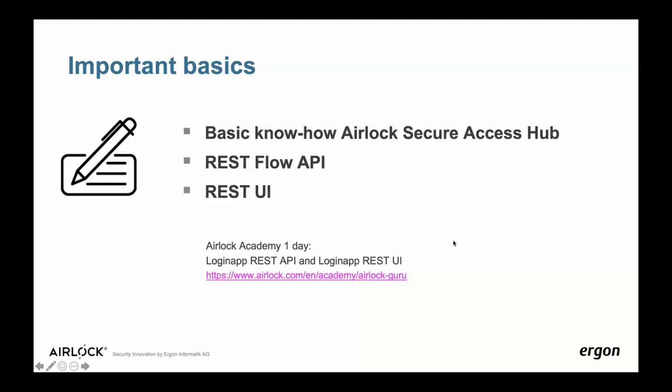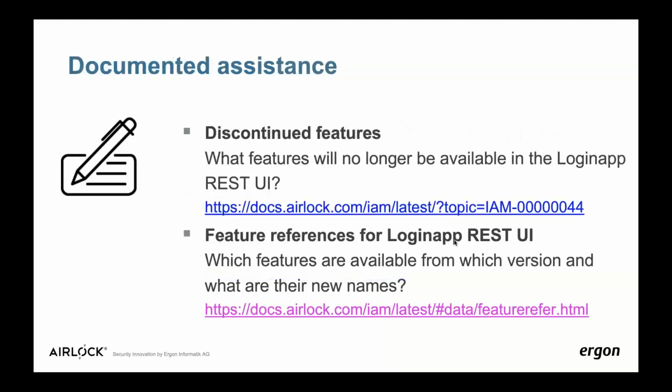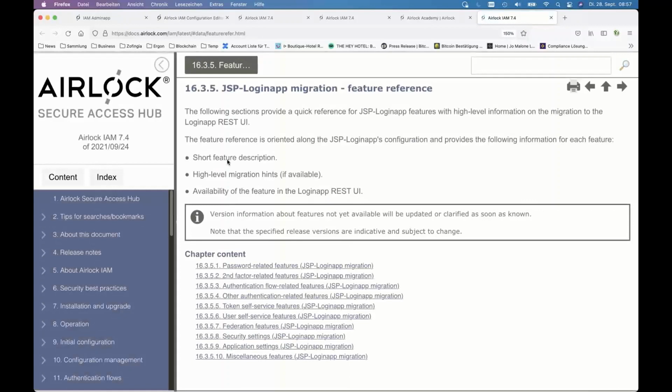So we are now clear that we need an engineer with the basics to go through this project, but still then we have help available. So this engineer has, first of all, the list of discontinued features, which he should know. Once he does the analysis of what is still used from the Airlock customer and what he wants to use in the future, he should check the features that he needs with the discontinued features, but he also should check the feature reference we have for the Loginapp RESTUI. This is actually all the features that are supported,